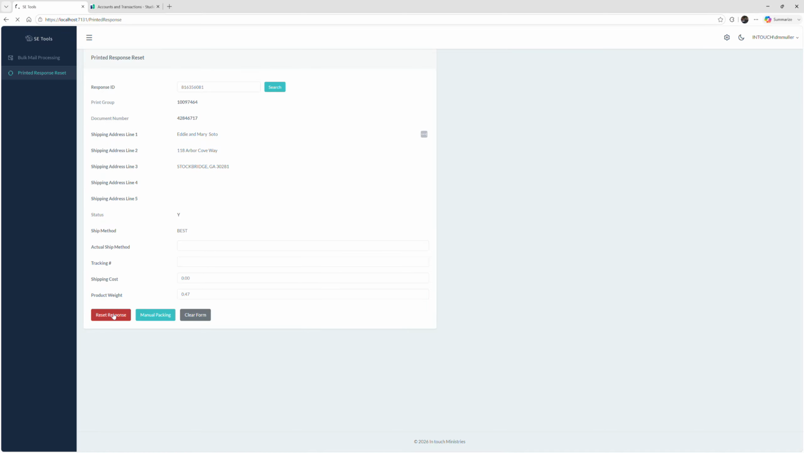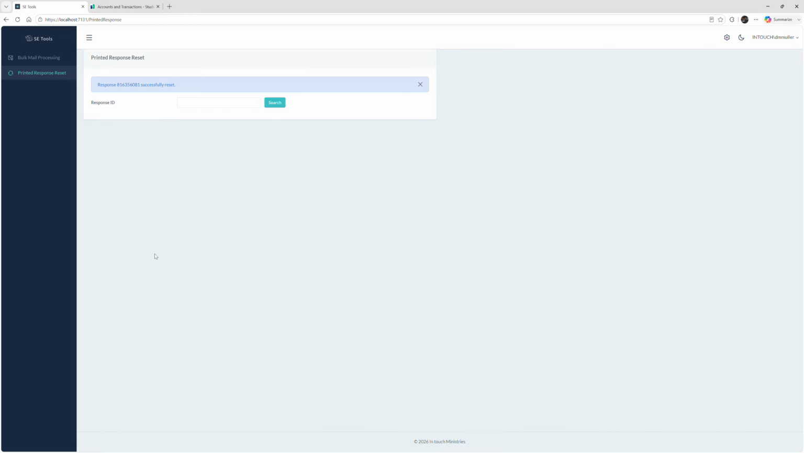Once I click that, it takes a couple seconds, and we see on the screen the response has successfully reset. If you try to type that response back in, it will tell you that the shipping information is not found. That's because basically the DO6 table, the shipping information, and the DO4, the packing slip, have been reset to as if it was never printed. The next time you run print, you could